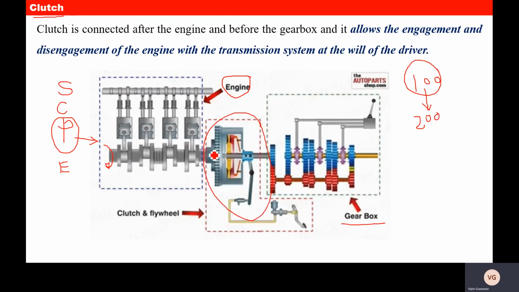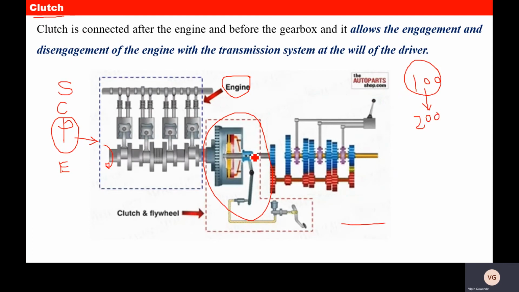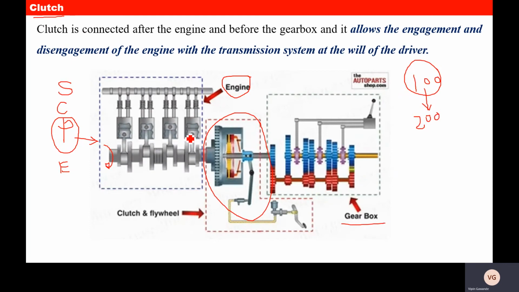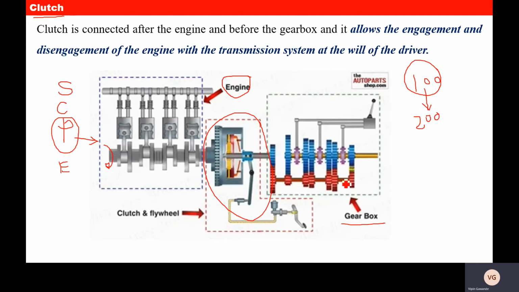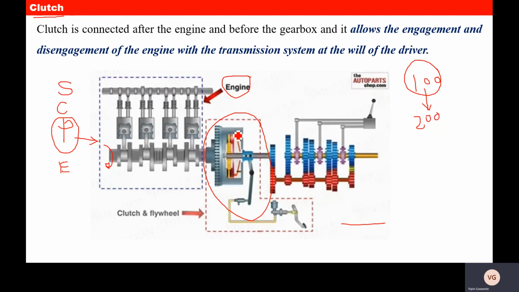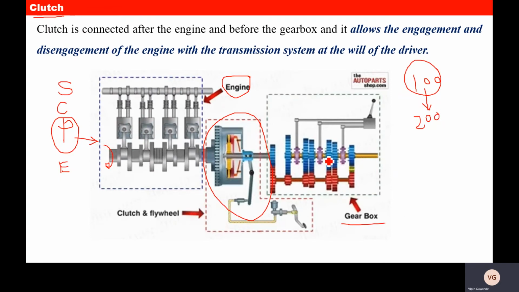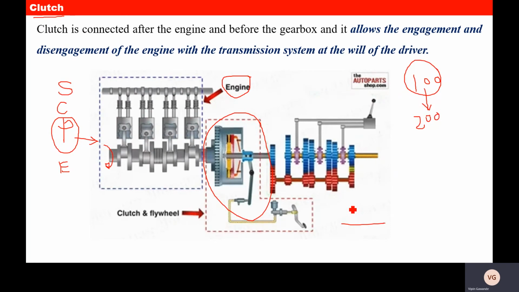When it is engaged, the power gets transmitted from the engine to the gearbox, and when it is disengaged, we are not supplying any power to the gearbox. So the clutch is used for engaging or disengaging the gearbox with the engine, and it is mounted between the engine and the gearbox.